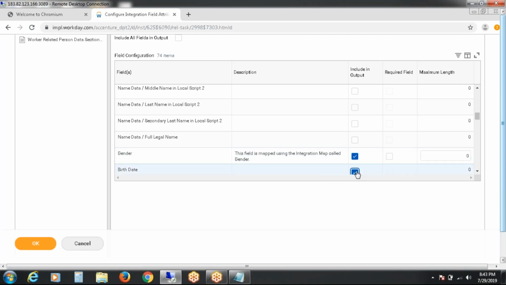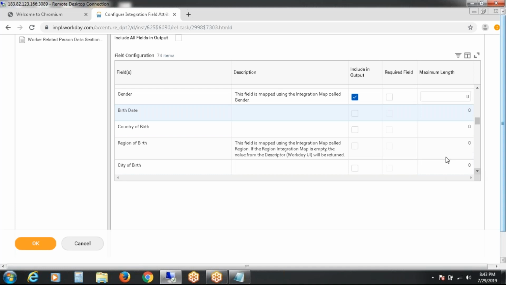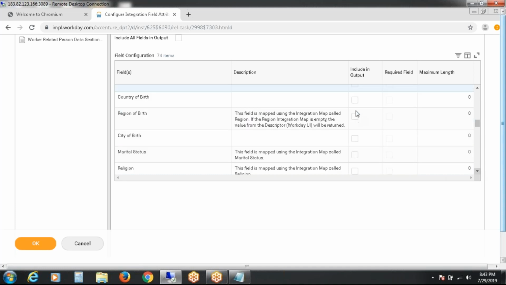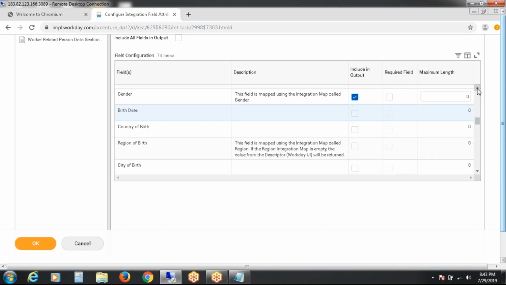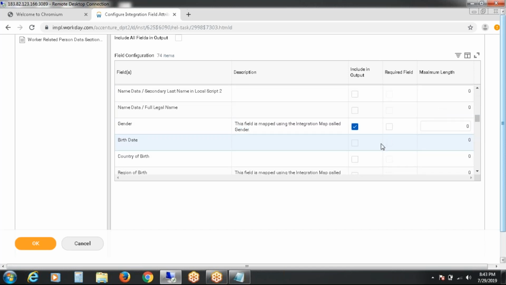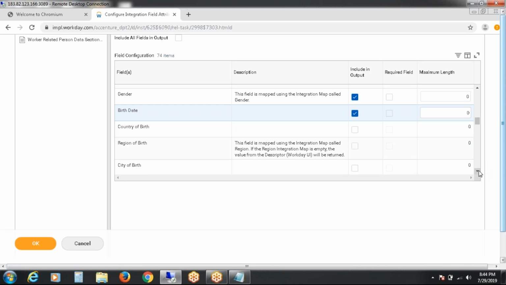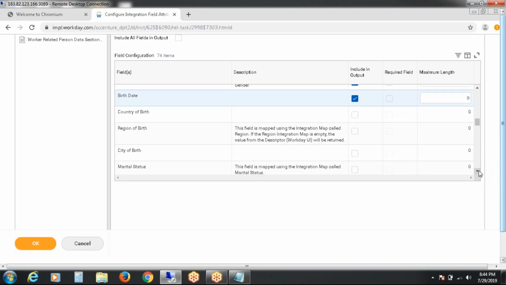So birth date I am going to call. Country of birth is not required for me. City of birth also not required. Yeah, marital status.